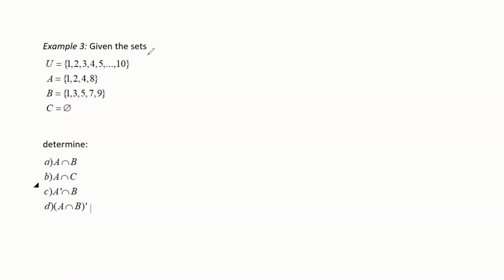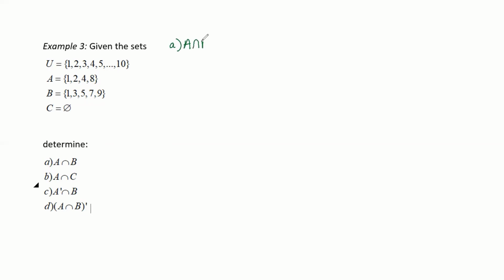Example 3. Given the sets, universal set the natural numbers 1 through 10, A is 1, 2, 4, and 8, and B is 1, 3, 5, 7, and 9, and C is the empty set. Determine A intersect B, A intersect C, A complement intersect B, and the complement of the entire intersection of A and B. So if we start with A